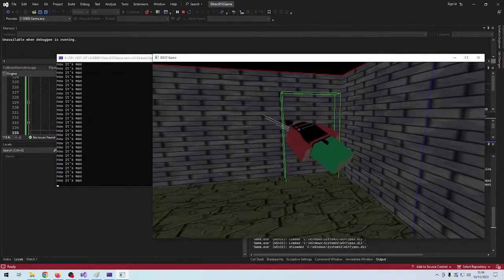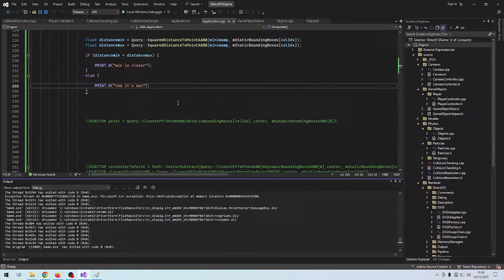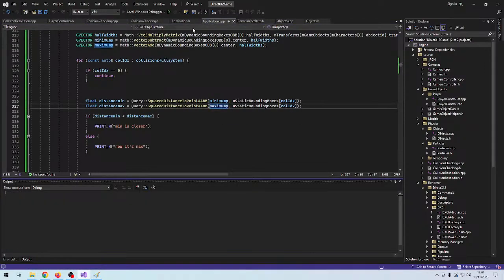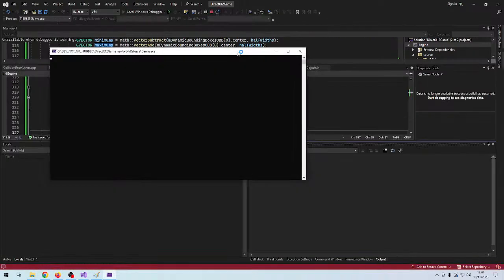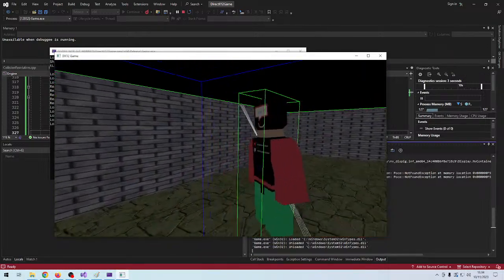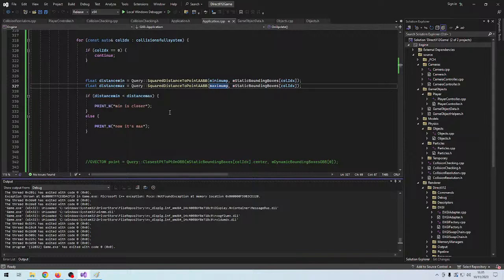Now it's max. Did I? Yeah, I forgot to change the variable. I knew something was wrong. Yeah. When we know it's the minimum,